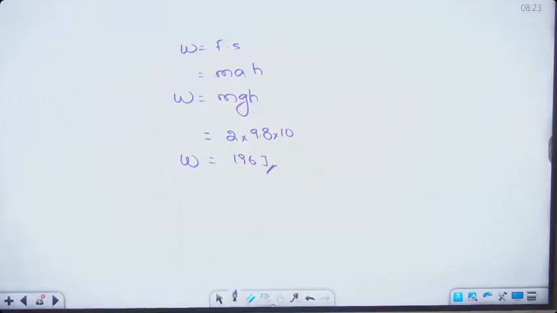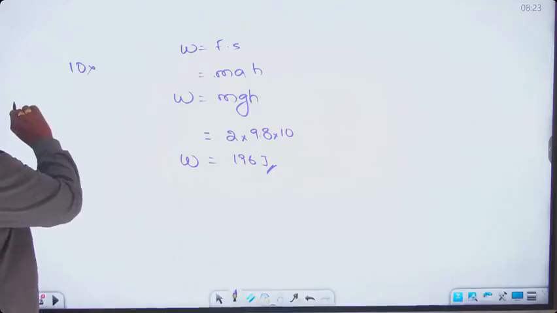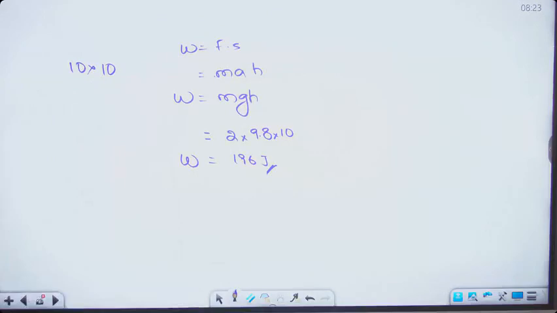You have got a different method. You can directly apply force into displacement here. So force is given as how much? 10 newtons. And displacement is how much? 10. So here, sorry,